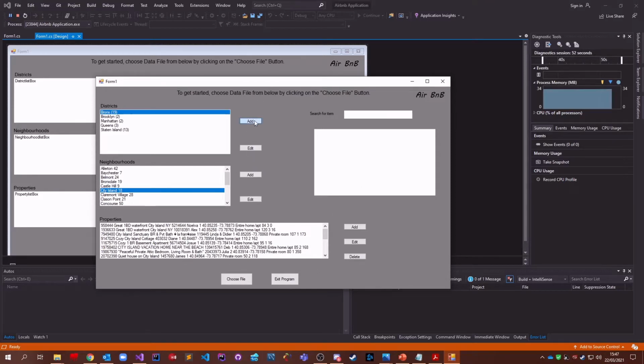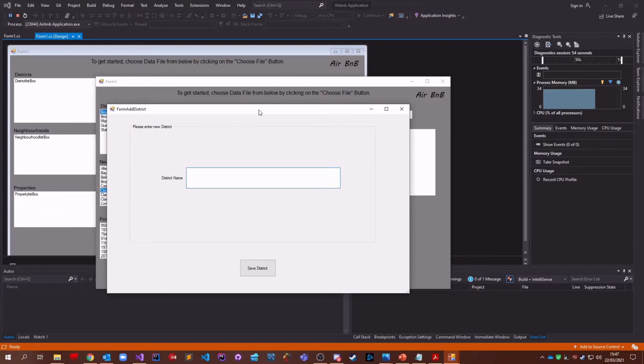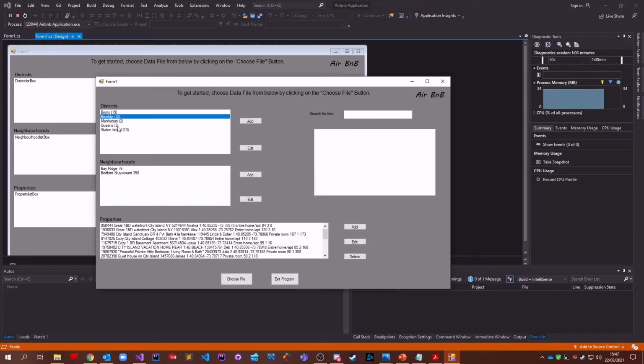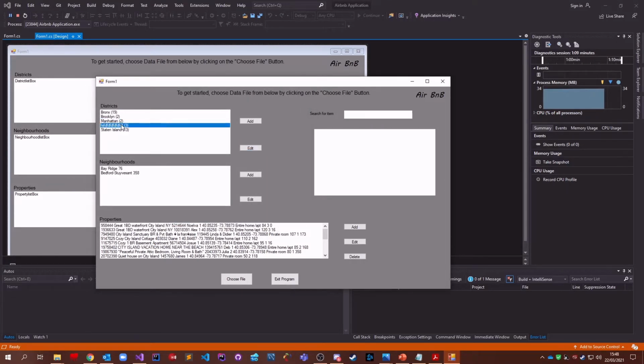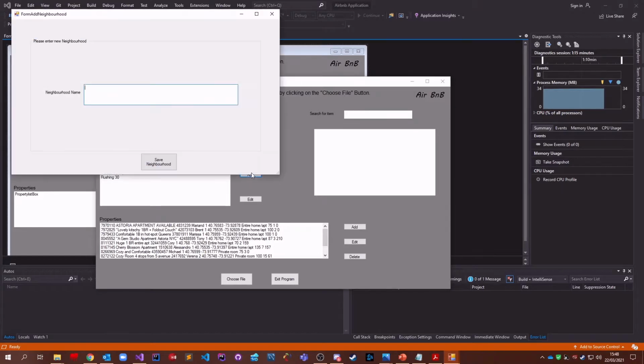So if we go to add a district, just call it Central. Doesn't work, but that was one of the issues that were identified within my questionnaire. If I go to edit one, just enter random string characters, it does that. So if we select a neighborhood within that district I just renamed, if I try to add one, again, I put in random string characters,